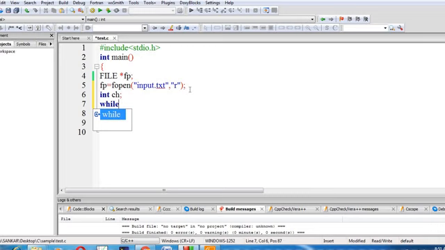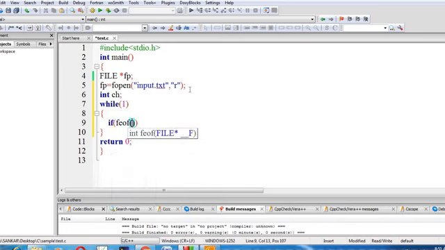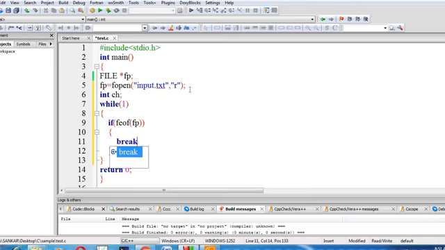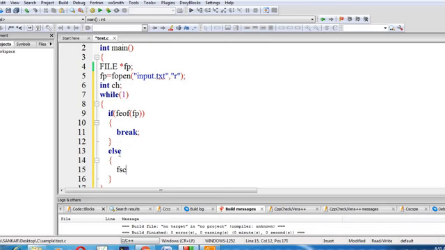Then I am going to create an infinite loop using a while loop. Here we check whether the file is at the end of the file or not. If it is the end of the file, break the loop, terminate the loop. Otherwise, we have to write the logic inside the else portion. So here I am going to use fscanf.